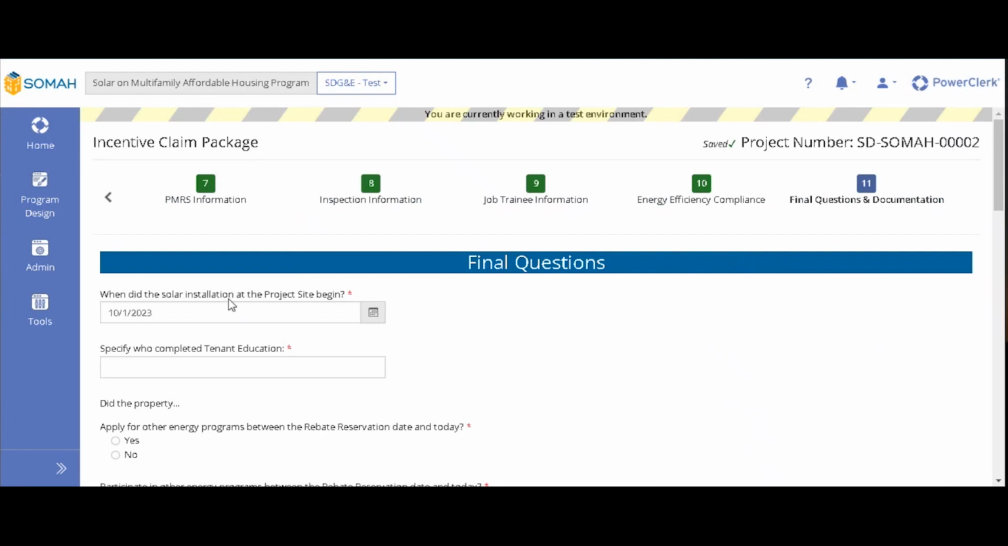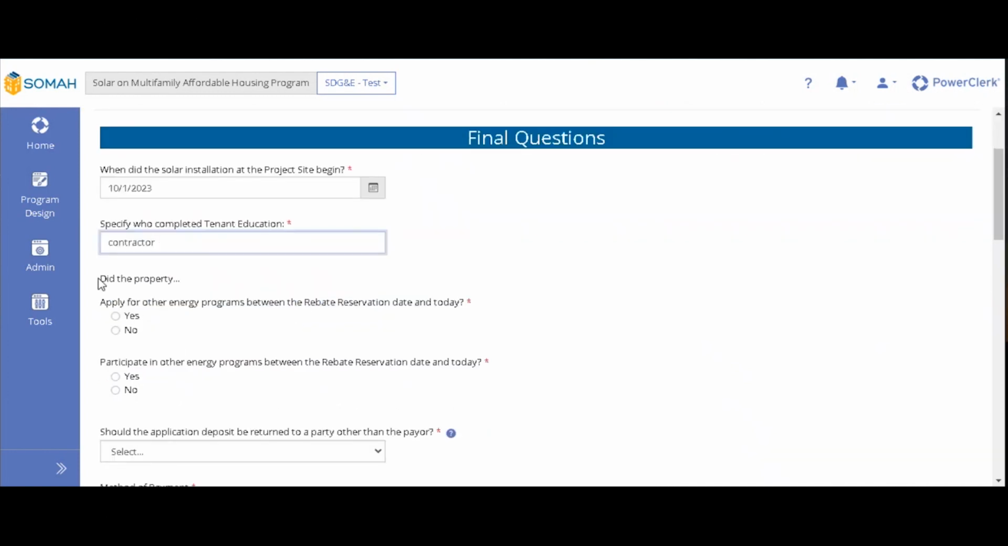So when did the solar installation at the project site begin? Please fill that out here. And then let us know who completed the tenant education. And then it'll ask, did the property apply for other energy programs between the reservation date and today? If you clicked yes, we may or may not reach out to you, and then whether it participated in other